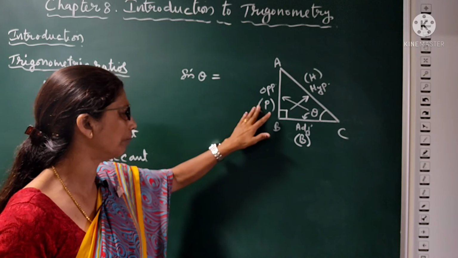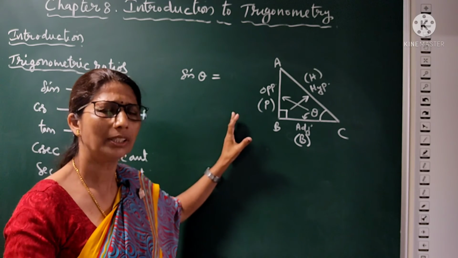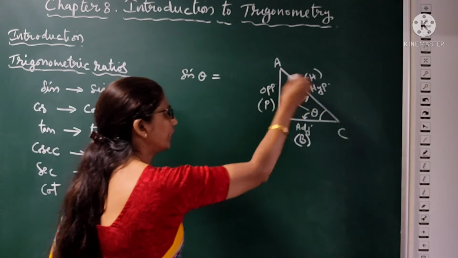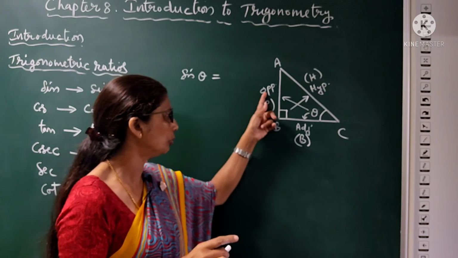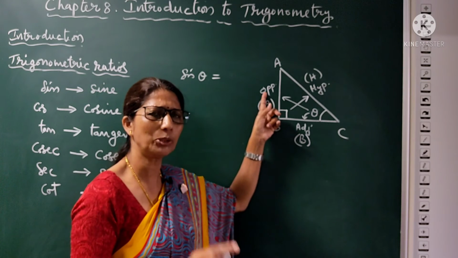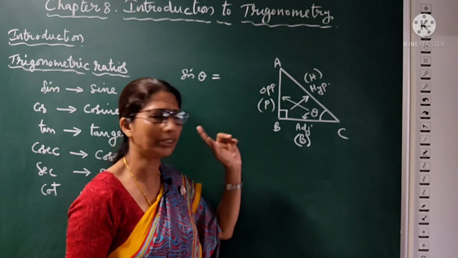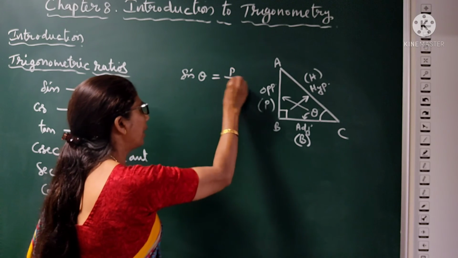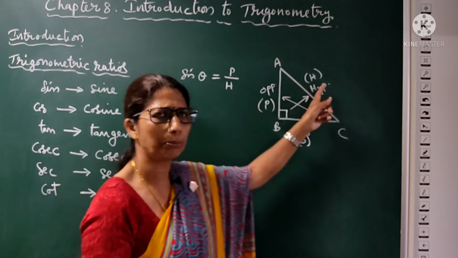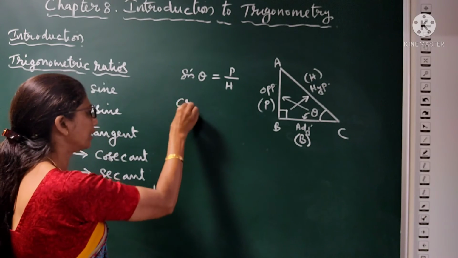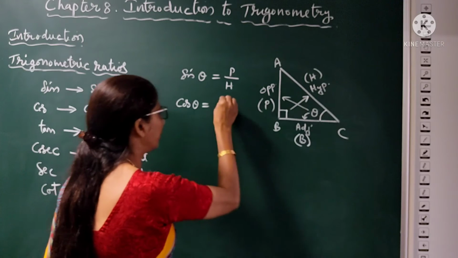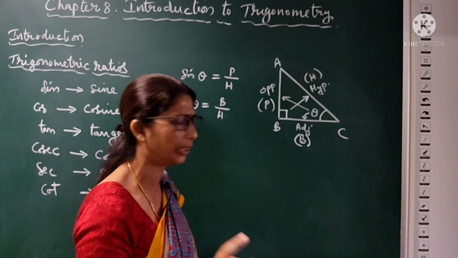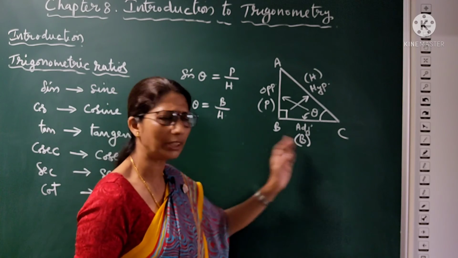Sine theta, the formula is coming. You have to know this formula. This is already accepted: perpendicular upon hypotenuse. That means we can write opposite upon hypotenuse. You have to know the opposite. In your NCERT textbook, they have written opposite side upon hypotenuse, but for ease we can apply P upon H, perpendicular upon hypotenuse. Second, the formula is cos theta, it is B upon H. In your textbook it is written adjacent side upon hypotenuse, but we can easily represent it with base.